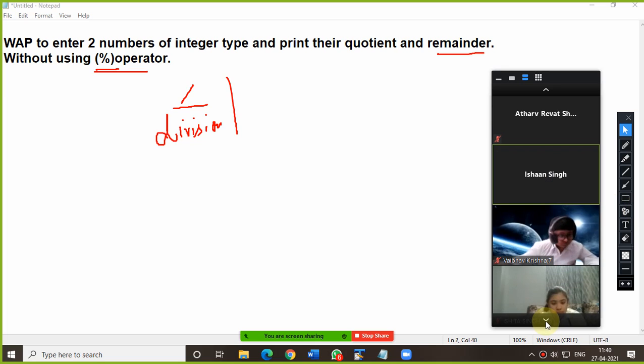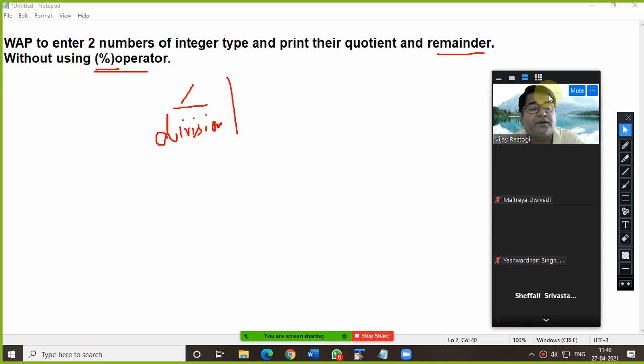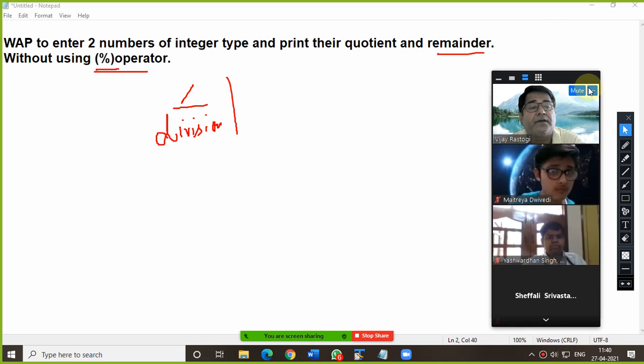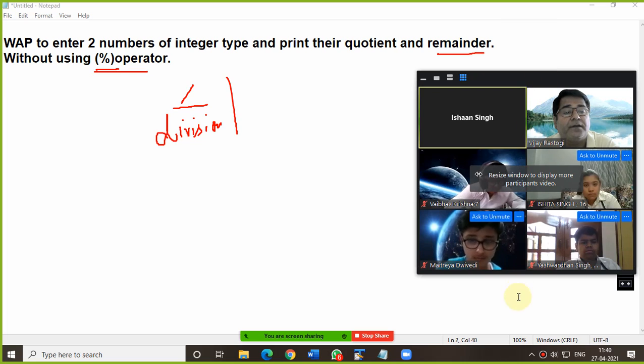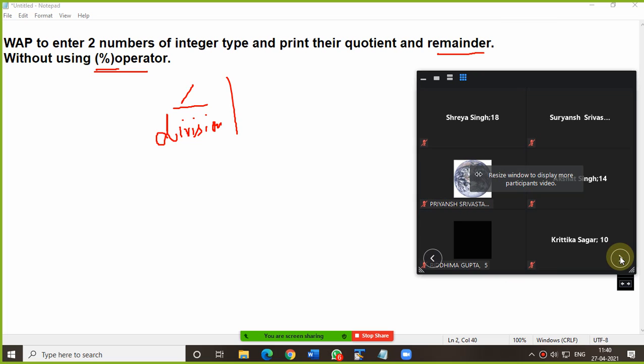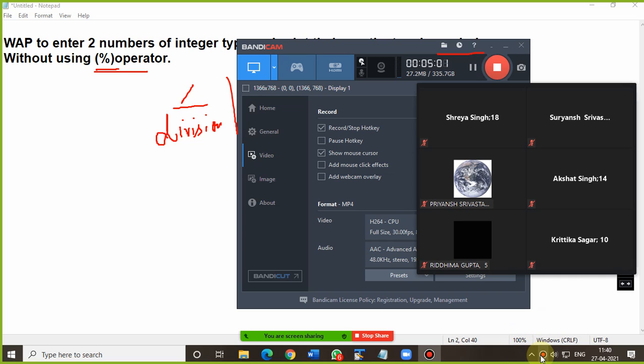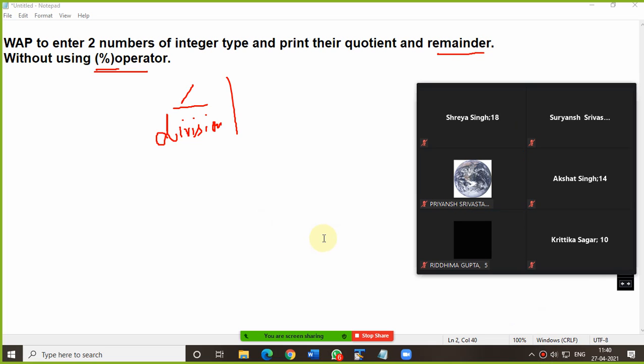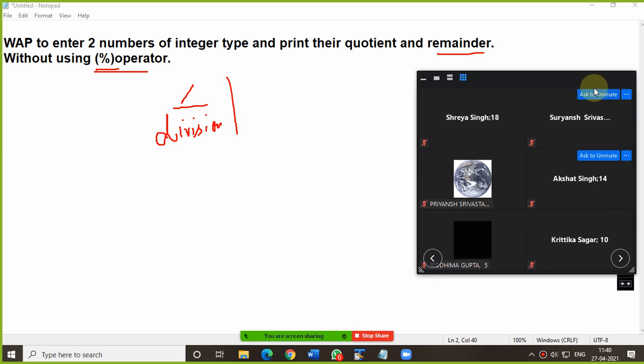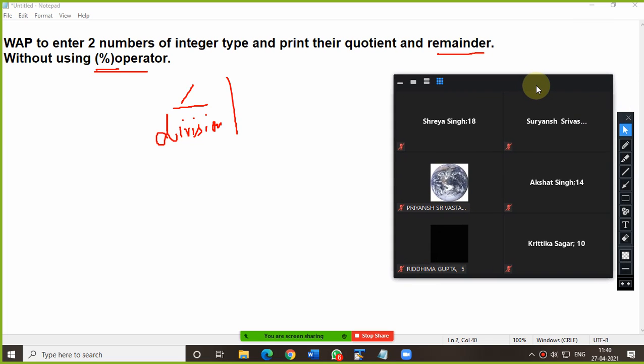Sir, I have a confusion. May I know your name? Ishan. Hi, Ishan, ask. Please speak loud. Sir, I am having confusion on the modulus operator programming, sir. Beta, ask, what is the confusion? Sir, can you please explain me, sir? That I will explain later. Let them try first. I will explain this. Don't worry. Okay.